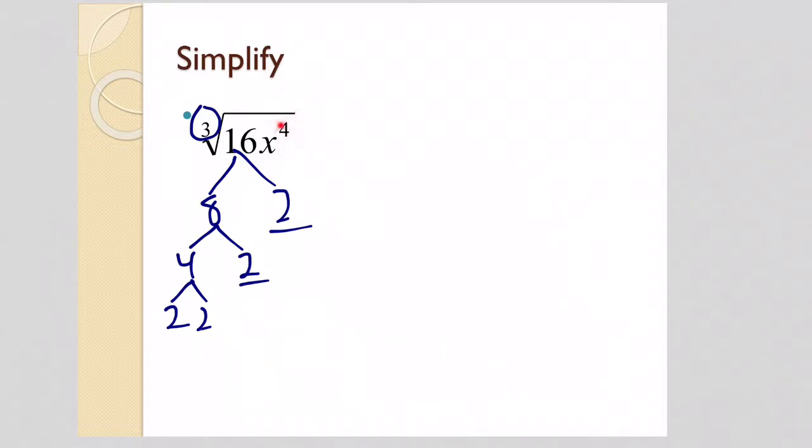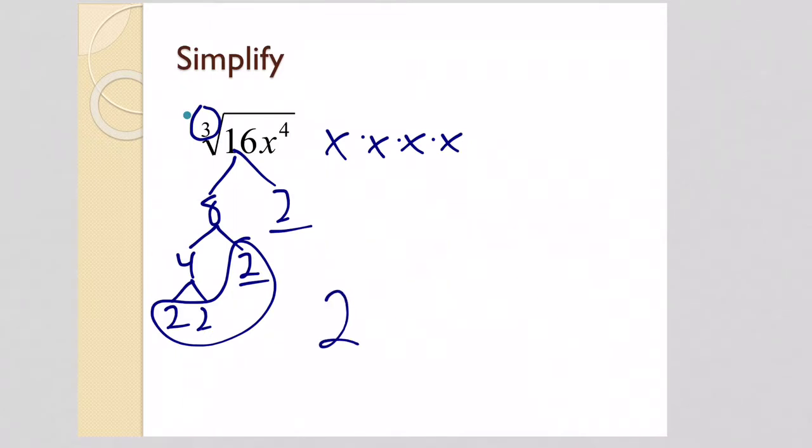because I have that number there, that means I have 4 x's. So 1, 2, 3, 4. And then because I have the 3, that means I need groups of 3. So I now circle 3 2's. So when I write it down, I only write down a single 2 because that's one group of 2's. And I can circle 3 x's, which again means I write down a single x because there's only one group